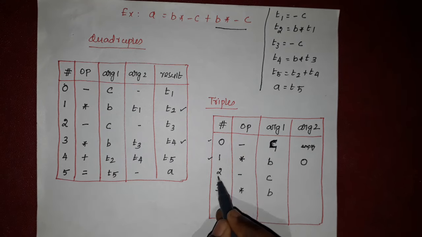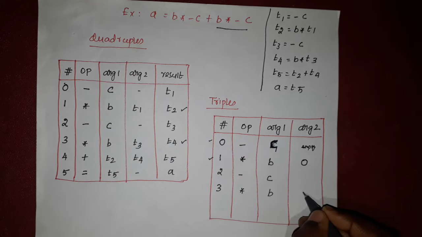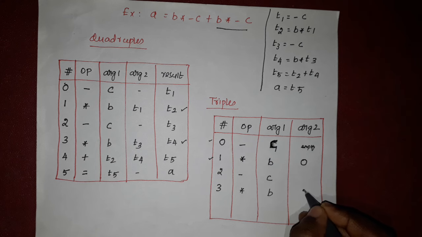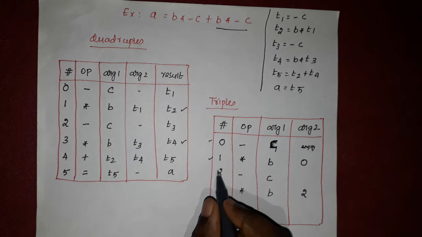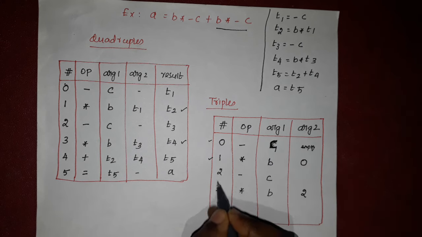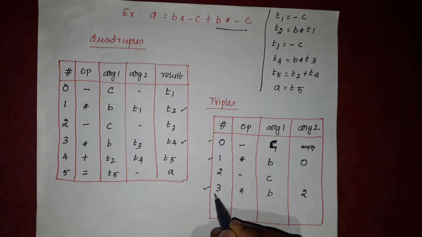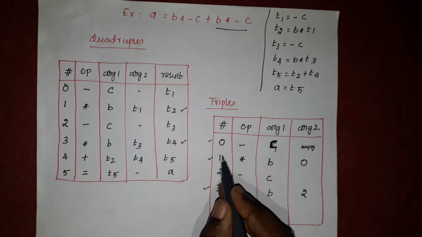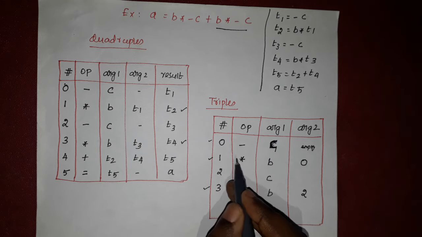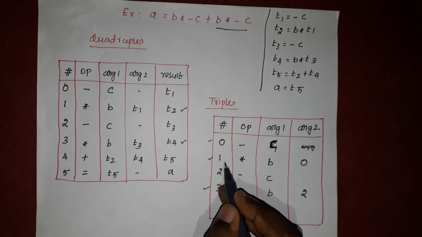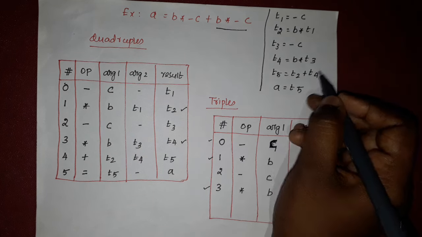The previous result will be stored in index value 2, so I am going to write an argument to the index value 2. So this 2-step result will be stored in 3. The first b star c will be stored in 1, and the second result will be stored in 3. So we will evaluate the addition operation for these two index values, t2 plus t4.